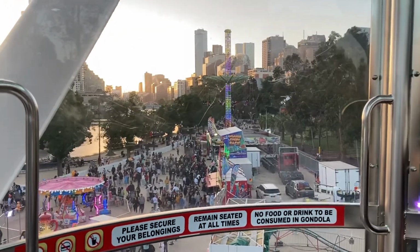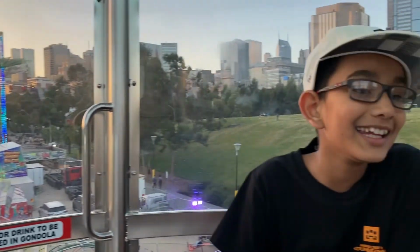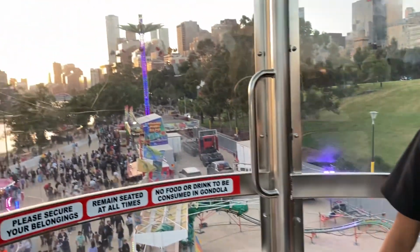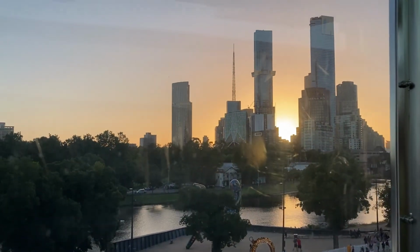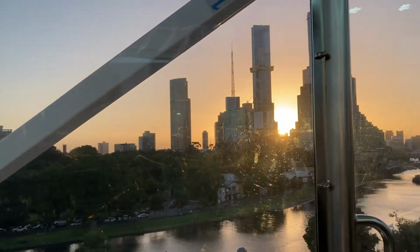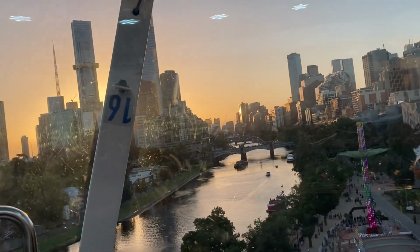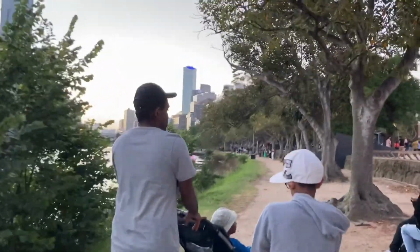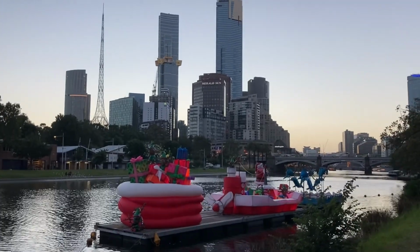to our next destination, which is not here, which is a different place, it's a bit dark, but that's the best thing about it. I enjoyed the carnival, and now we're going to a different place. Now we're just looking at the buildings as we're going higher. We went to our next destination in Melbourne and we saw the Santa as we went out of